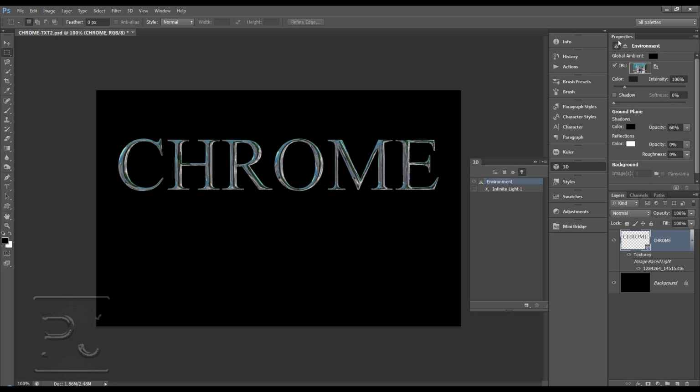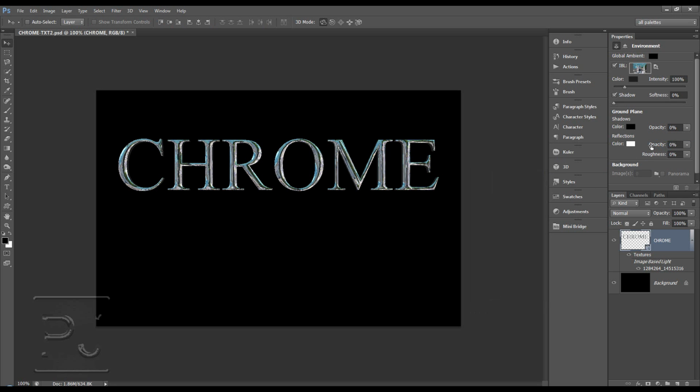So let's explore a couple of other things we can do. We can turn up the intensity of the brightness of this image base, but I think 100% has come off quite nice. We can also set a reflection, so as we start turning up the opacity for the reflection,